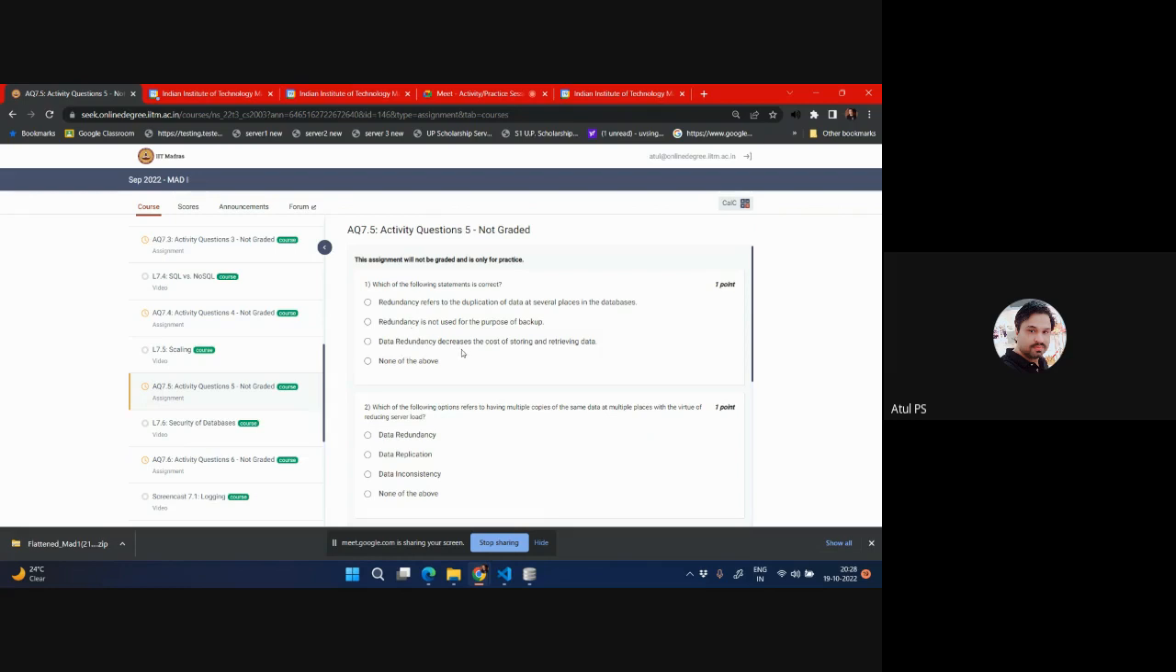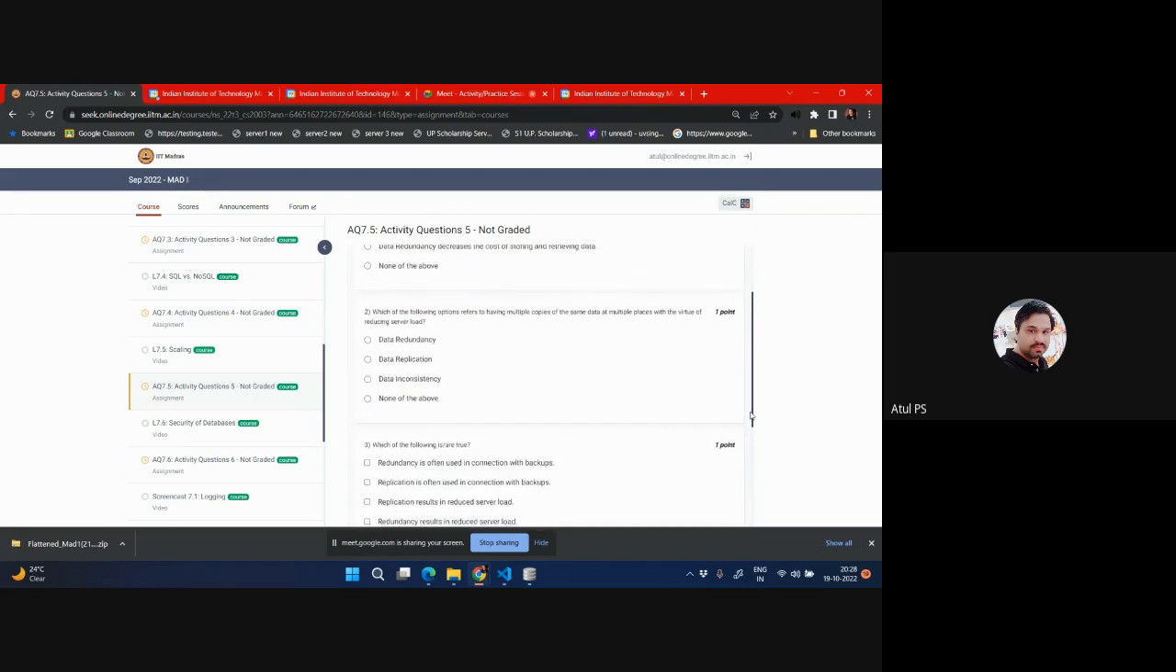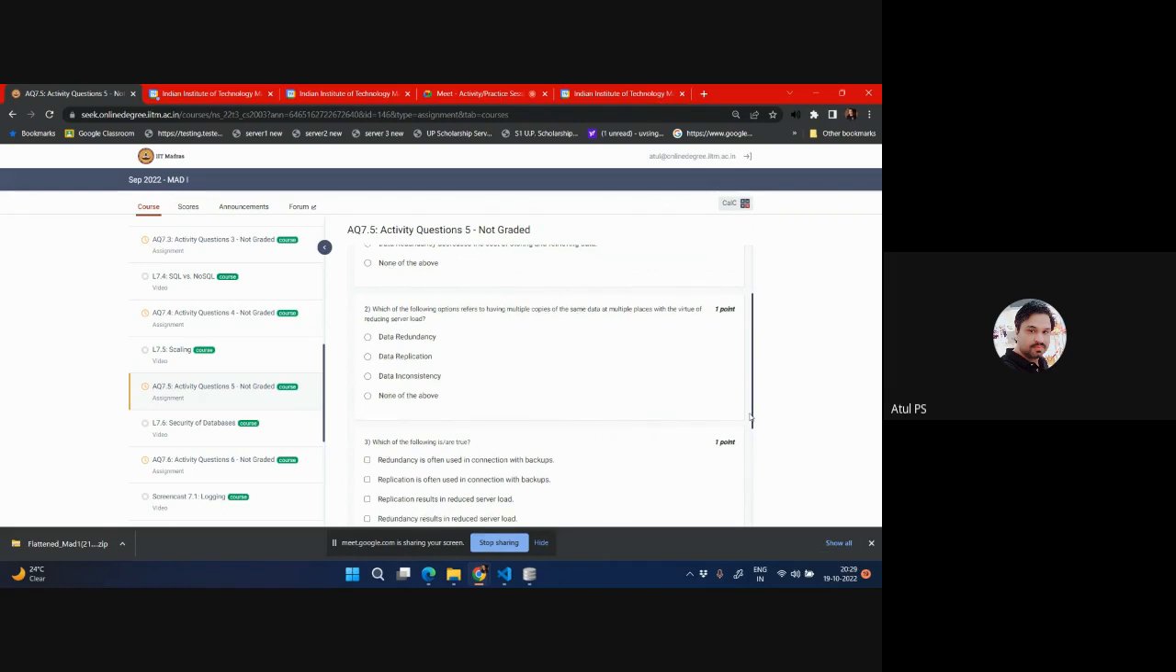Data redundancy decreases the cost of storing and retrieving data. Refers to the duplication of data at several places. So the first statement is correct. Generally we store the duplicate copy of the data at several places in the database. Which of the following options refers to having multiple copies of the same data at multiple places with the